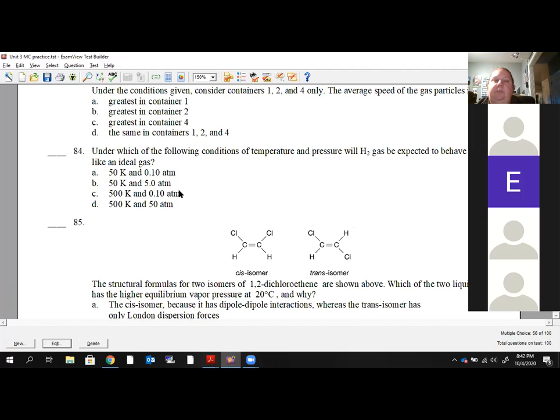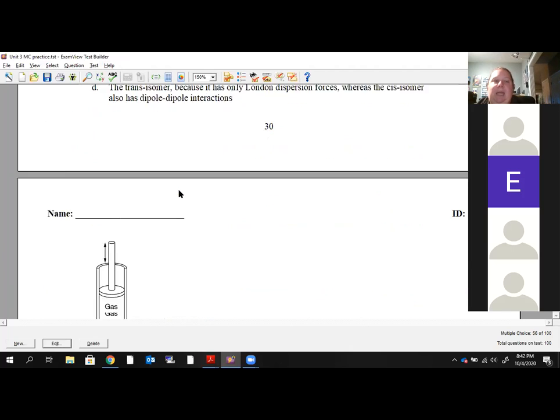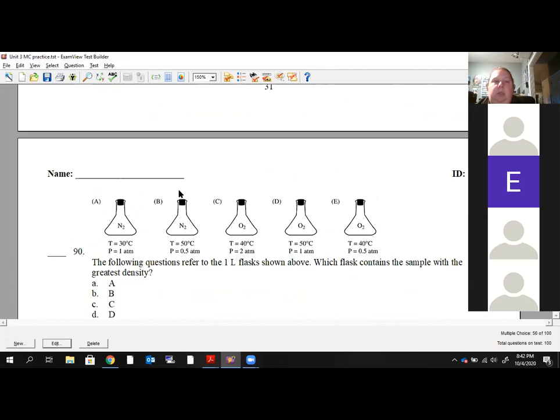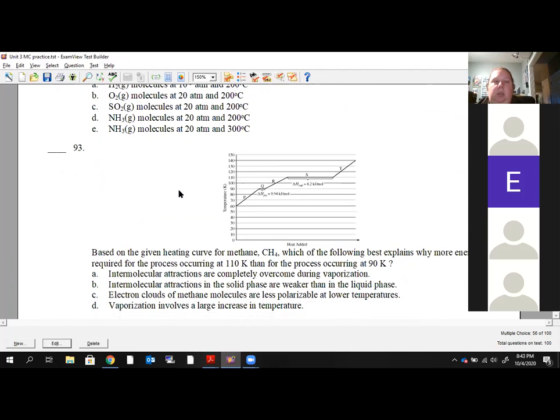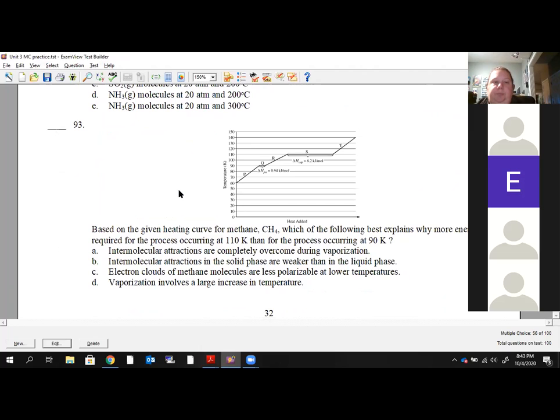Can we go to number 93, please? 93. I know why the answer is right. It's just the explanation for why. Okay. So why more energy is required for the process occurring at 110 Kelvin than for the process occurring at 90 Kelvin. So at 90 Kelvin, we're going from,